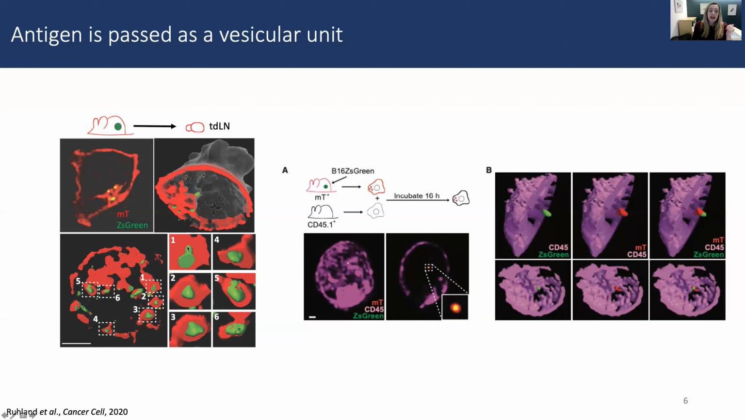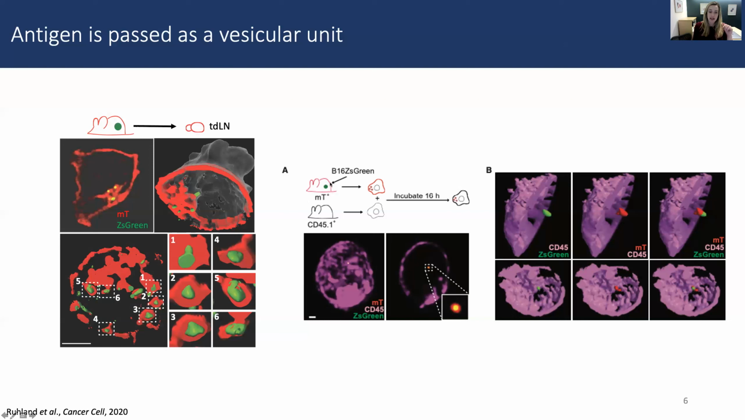cell membrane. And then we were curious as to whether or not this antigen packaging was then transferred as the tumor-derived antigen was passed from one cell to another. So is the passing actually through an intact unit of vesicularized antigen? So to get at that, we used, again, these